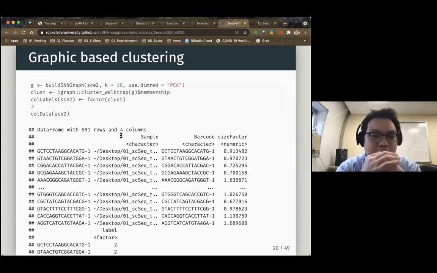Okay, so they are a little bit different for the clustering between the Bioconductor one and the Seurat. In Bioconductor it is based on graph-based clustering. So we have to build the graph, and then we have to run this cluster command to make clusters and convert these clusters, label them, by using this command. So we will get